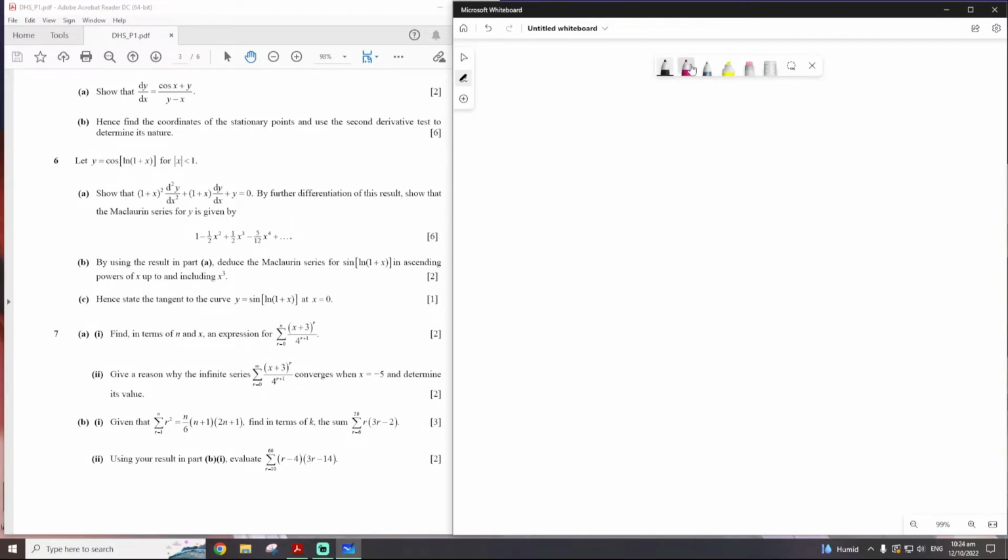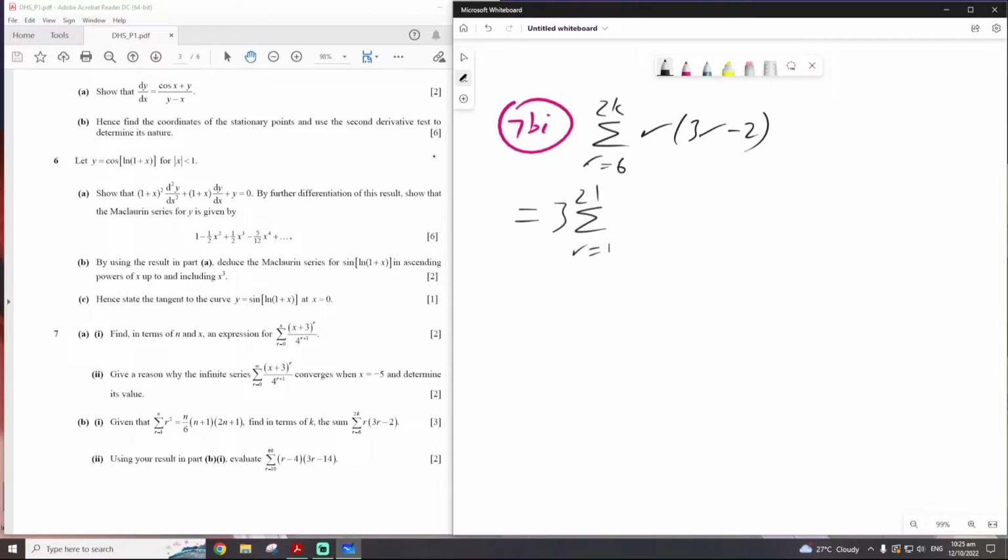For part B, we are given the formula for the sum of squares. Find in terms of k this sum. We're going to find the sum from r equals to 6 to 2k of r(3r minus 2). Now, we always want to start with the index of 1, right? So here's what's going to happen. We expand this, we get 3r squared minus 2r. I'm going to factor out the constant, so I'll get 3 times the sum of r equals to 1 to 2k of r squared minus 2 times the sum of r equals to 1 to